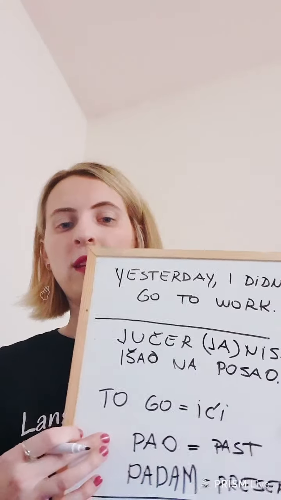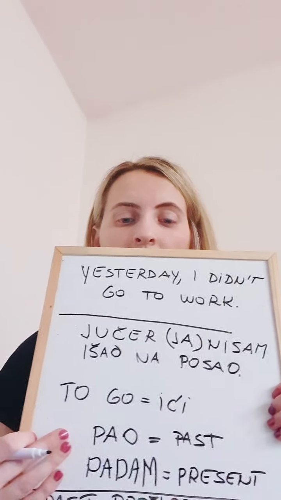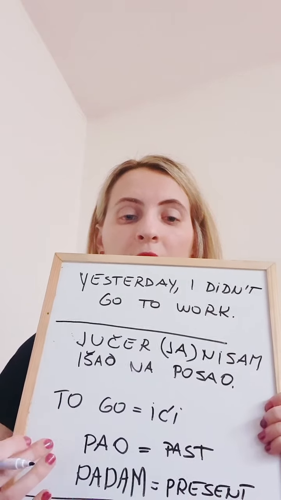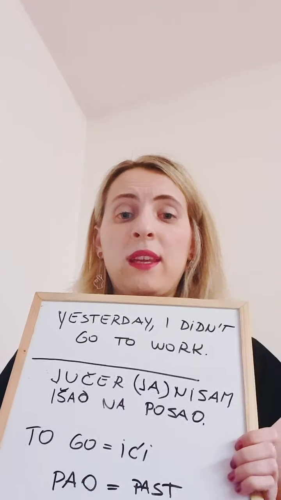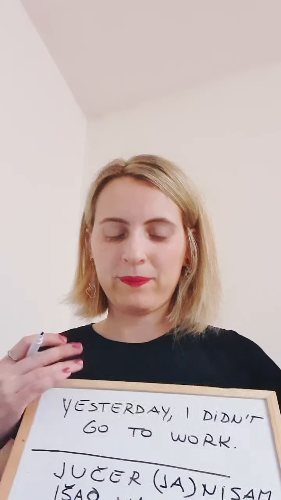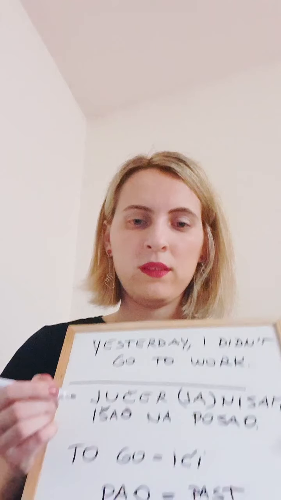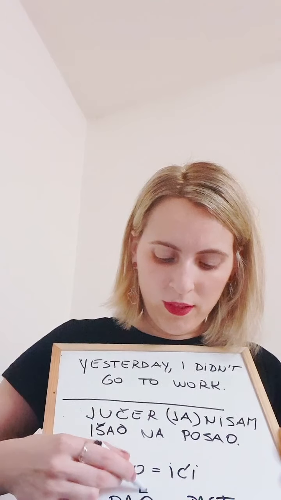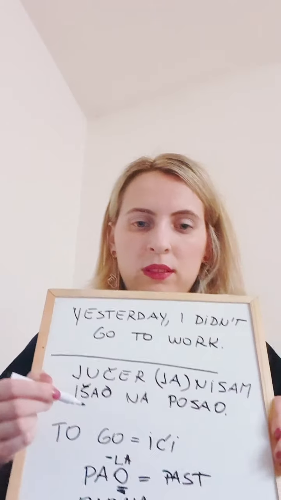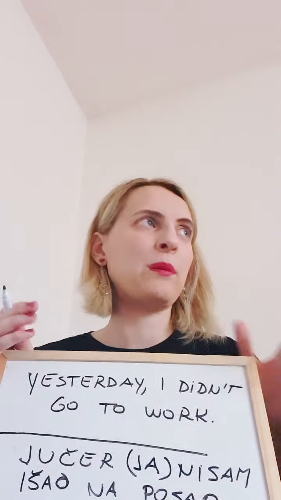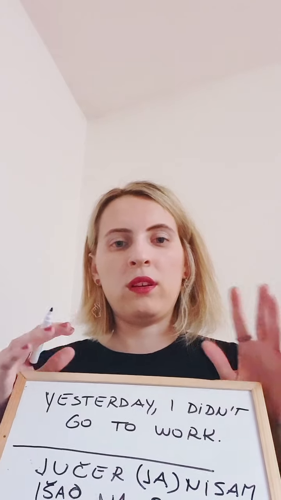So in prošlost, u prošlosti, we would say pao. Ja sam pao. So I fell. But in the present we would say ja padam. I'm falling. So from this o or la for female, you can tell that it is about past. But there is always exceptions. I will give you a lot more examples so you maybe understand more. But I'm actually now teaching you present, past, and future so